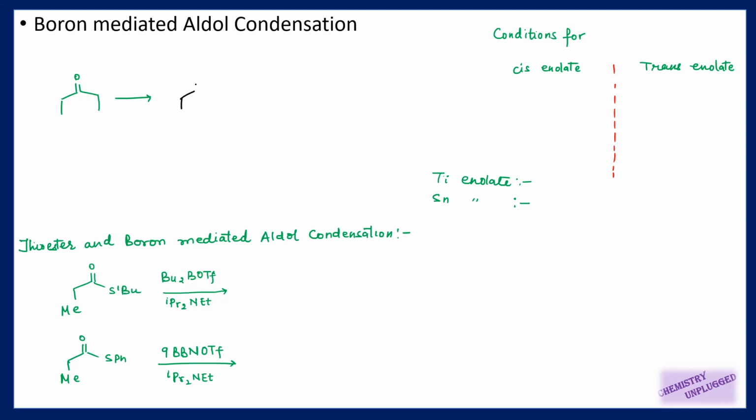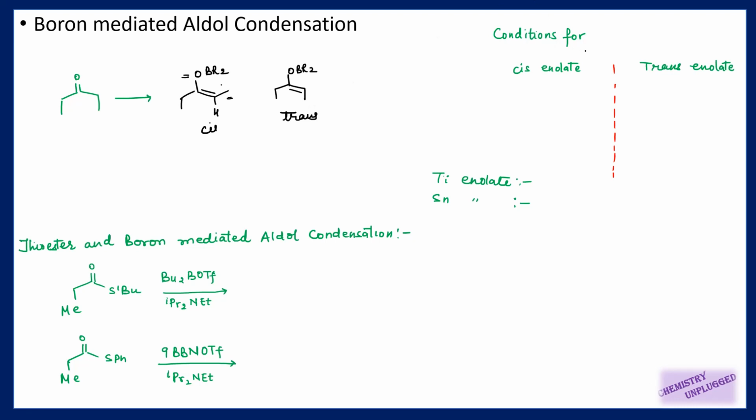So again, this boron reagent will give cis enolate, or it can give me, this one is cis because this group and this methyl group present here are on the same side. This carbon can have hydrogen and methyl group, and out of these two, this methyl is bulkier, and this carbon has this OBr2 group, and here we have an ethyl group, and out of this we have to check that we will give priority to this oxygen containing group, right? So this is my cis enolate and this one is trans.